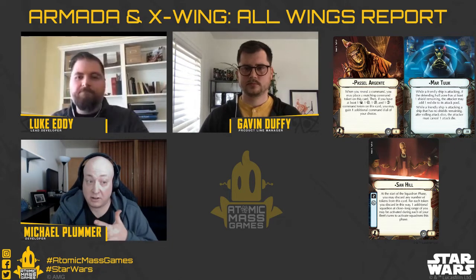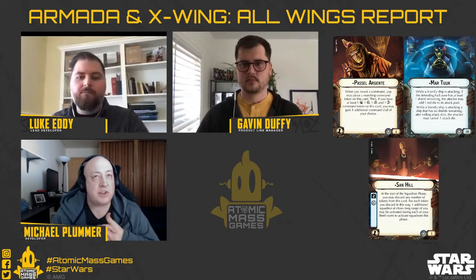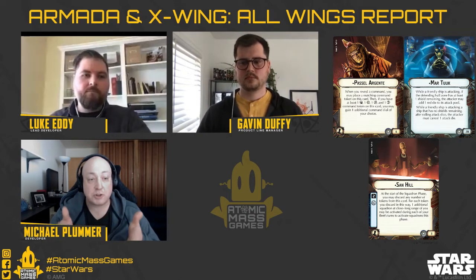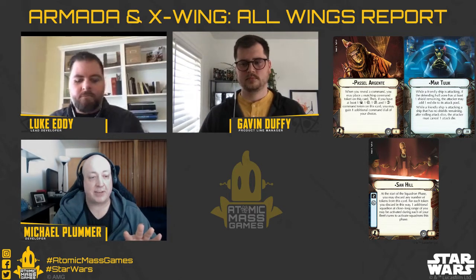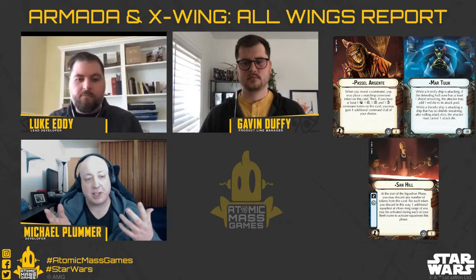So Sand Hill is an officer upgrade also for the Separatists. He gives you one or two turns of a little bit of that squadron superiority. What he does is he lets you spend the squadron tokens that start on him. He starts with 2. And for every one that you spend at the start of the squadron phase, each turn that you get to activate squadrons, you're going to activate one additional squadron for each of those tokens that you spent. So that means that you could have 2 turns in the game where during your squadron activations, you're activating 3 squadrons,